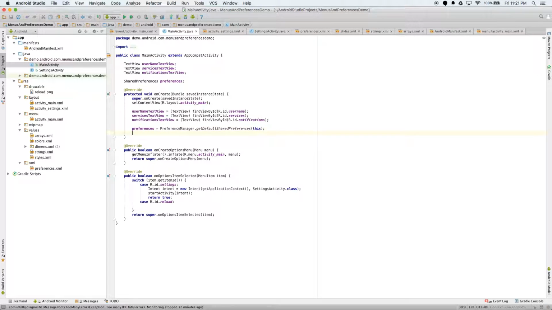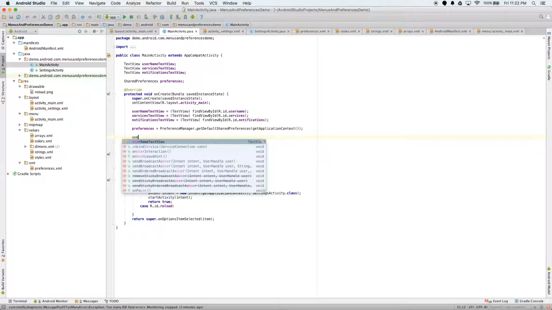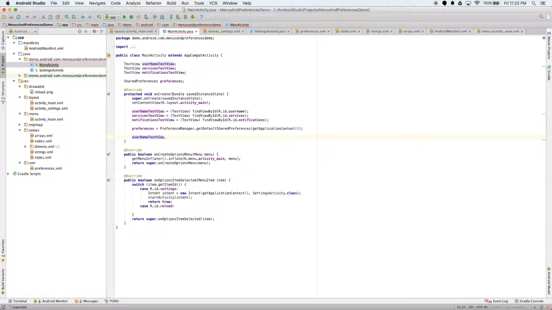I'll actually try that after this and let you know. But let's just go ahead and change it right now. If it doesn't work, then we'll know immediately, I guess. Okay, getApplicationContext. So the way it actually works is, we'll set the username text view to be, set